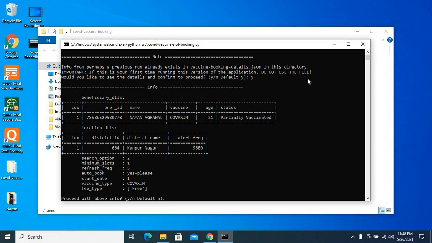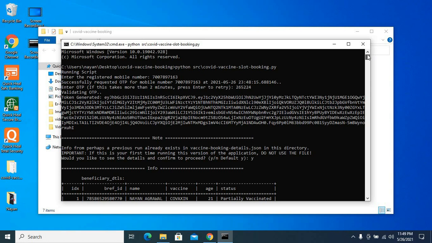And previously I told you to remember that one line that asks for the number of members to get vaccinated. If there is more than one, then they have to be separated by a comma. It was written at that time, but I hadn't paid attention and closed that command prompt.